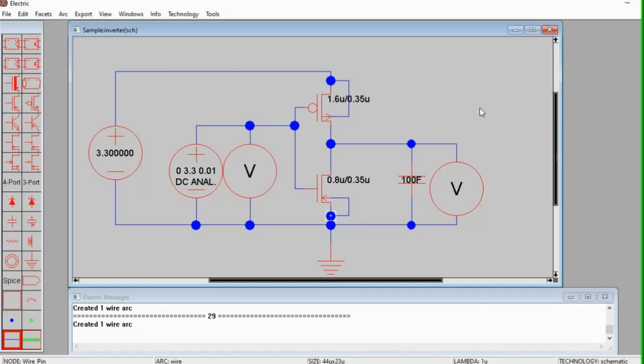So next thing to do is to simulate the circuit. But before we simulate, we could test for the interconnection of the nodes just by clicking one of the available nodes. You will notice that there's a broken line, white line, that would connect to your transistors. Same with your input, ground, supply.